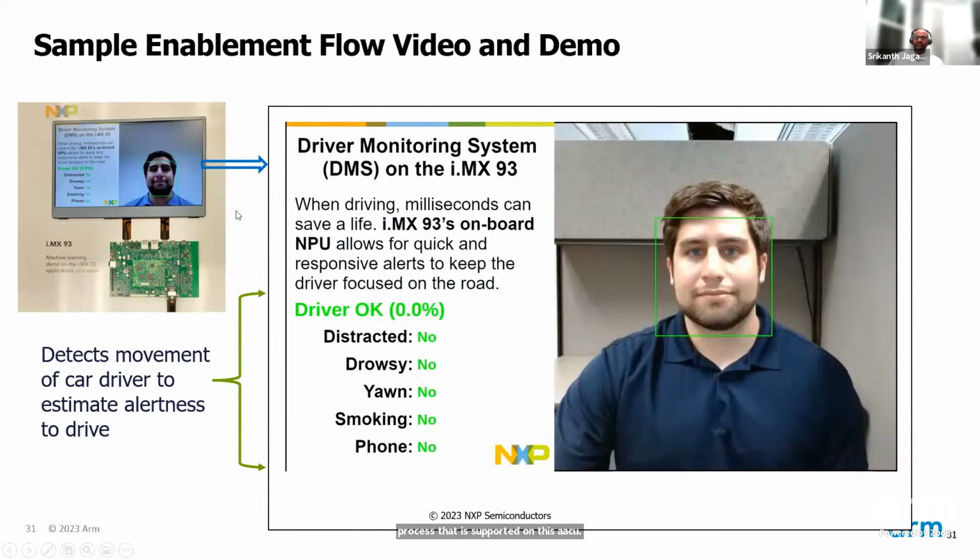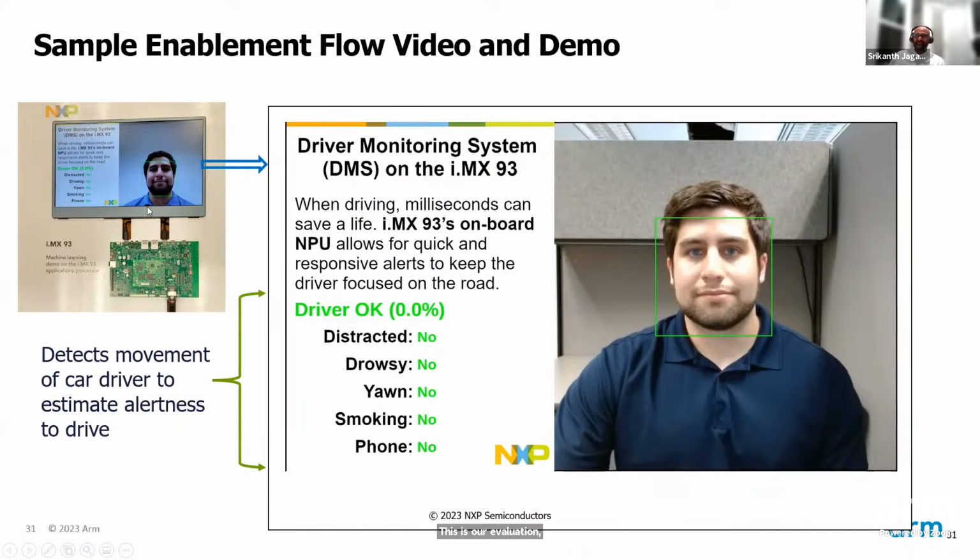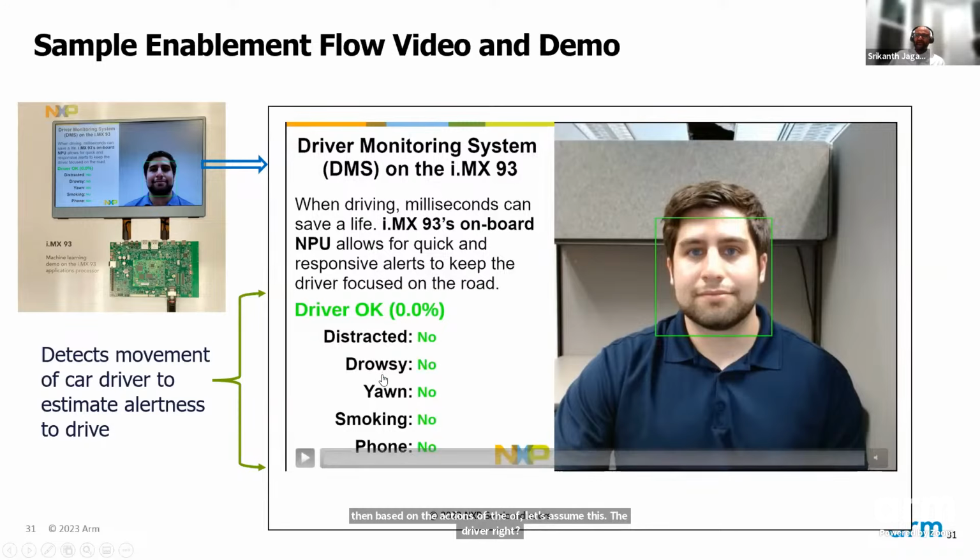So I wanted to quickly show a demo of a machine learning application. This is a DMS, a driver monitoring system demo, on the i.MX93. As you can see, this is our setup. This is the evaluation kit that I showed in the previous slide, a monitor, and a camera, which is not shown. The camera actually sits on top of this display, and this person is looking into the camera. Let's assume this is the driver, right? So based on the actions of this driver, you're going to see the different